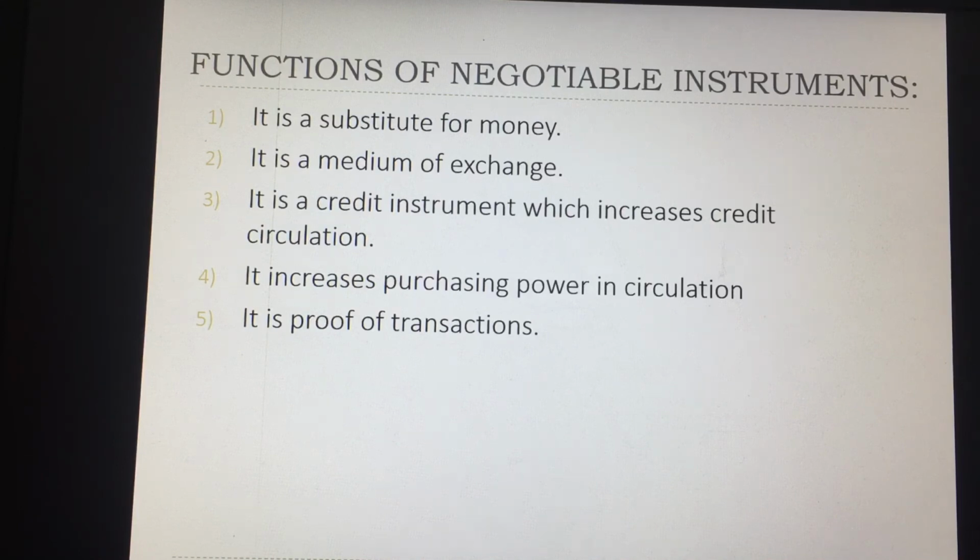It's also efficient. Second, it is a medium of exchange. Third, it is a credit instrument which increases credit circulation. Fourth, it increases purchasing power in circulation. We all know that the reason why a currency's purchasing power decreases is if there's too much physical money going around. Since a negotiable instrument is an effective or efficient substitute for money, an alternative for money,